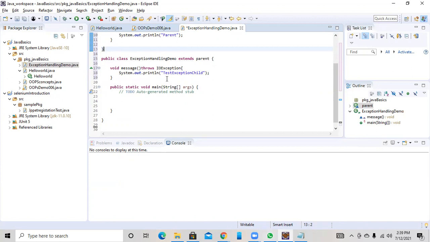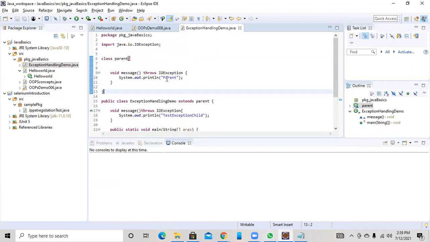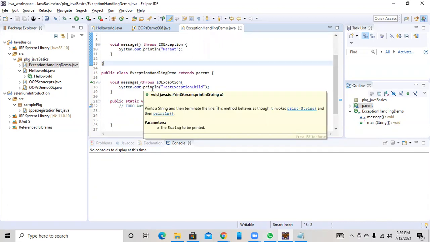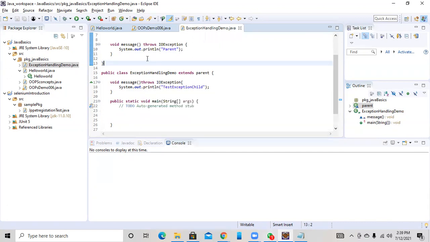That means we are using the methods of the parent class. The parent class has only one method that we are overriding here. If it has any exception handling, the same exception handling should be there in the derived class also. So if it is not declared in the superclass, we don't have any